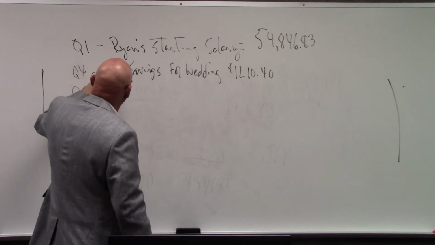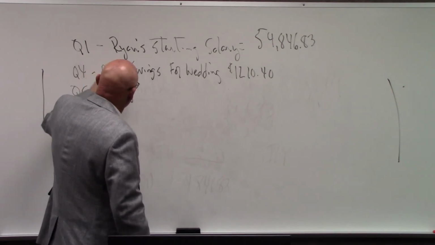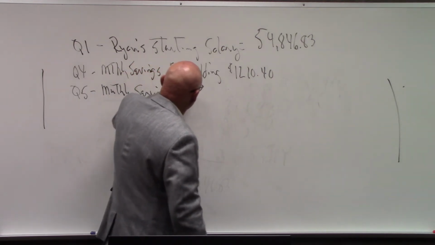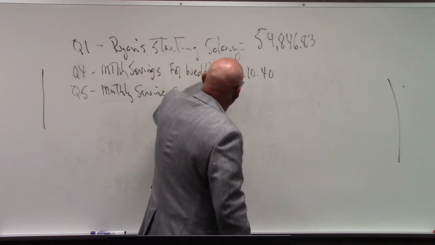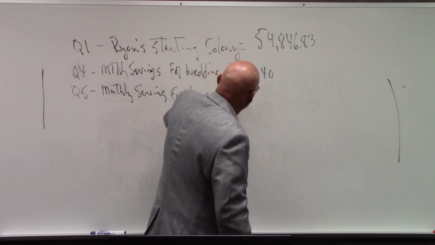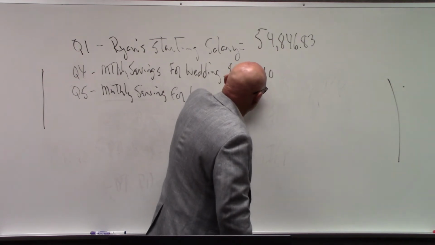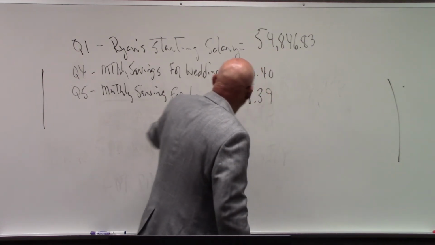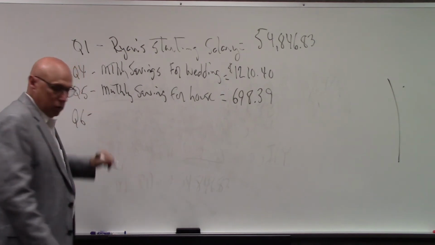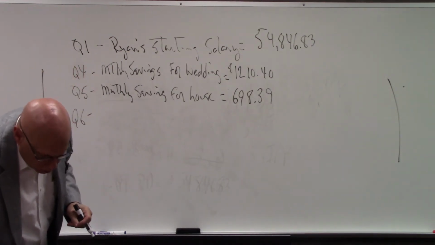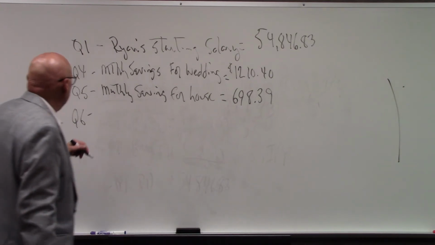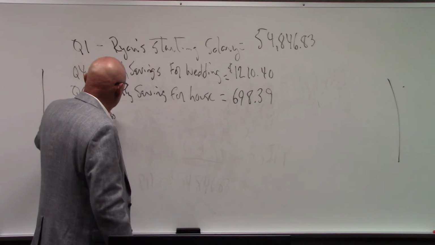So monthly saving for house: $698.39. All right, and then question 6 is $1 million by age 65. Monthly saving